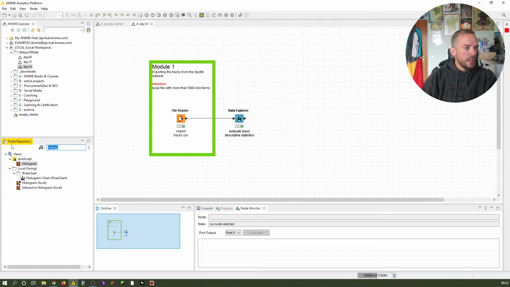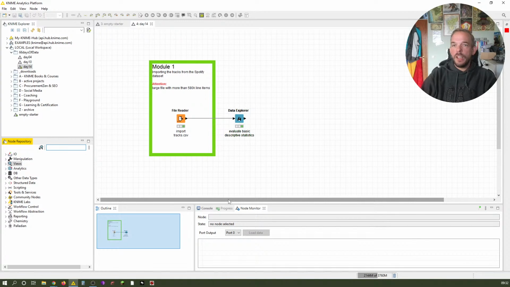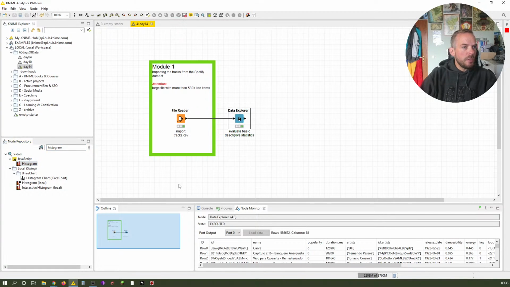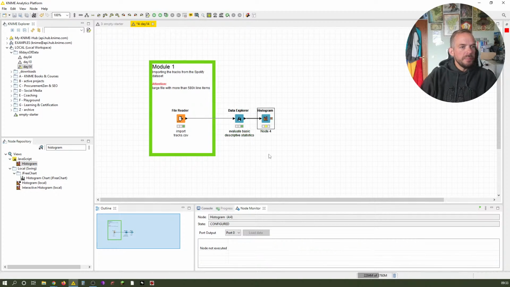So, if we go here, I have now the same old workflow that we have used so often. And if we just look for a histogram here in the node repository, this is what we found. So let's just quickly select the data explorer. It holds, as we can see in the node monitor here, all the previous data. We have not deleted, we have not excluded any columns. So let's just add this and quickly give it a name, F2,